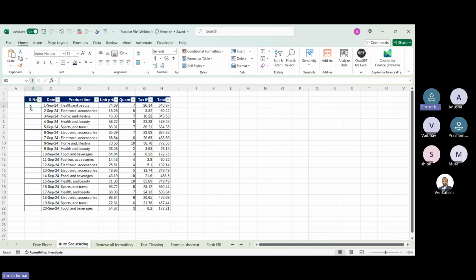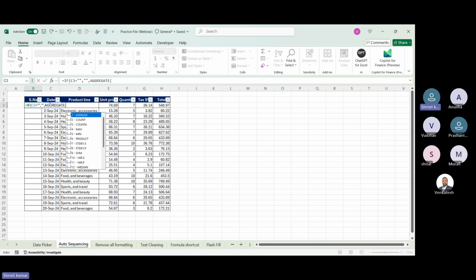So what you have to do here is mention the formula: equals IF, open bracket, cell number C3, and use a logical condition, equals, comma, AGGREGATE using 3 for COUNTA,